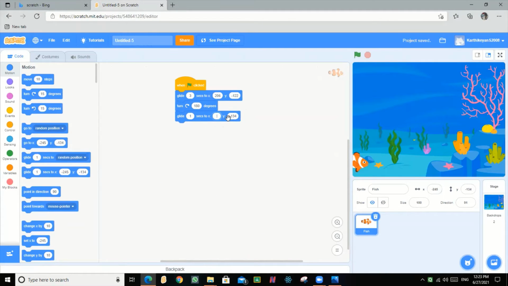So minus 245 and minus 134. These directions are here, x and y. So you can see that and do it. Now I am starting, and it is going and coming back. Here, seconds, I should change as 3. So now it will go